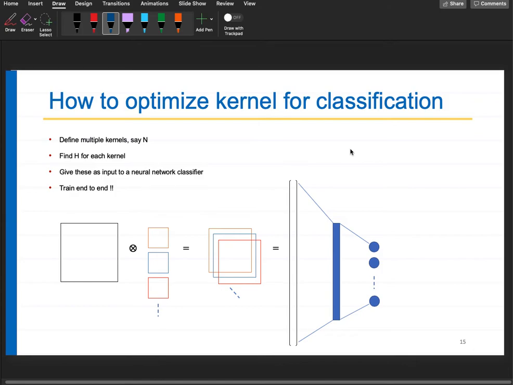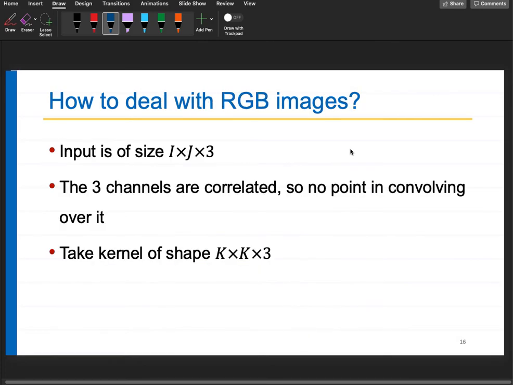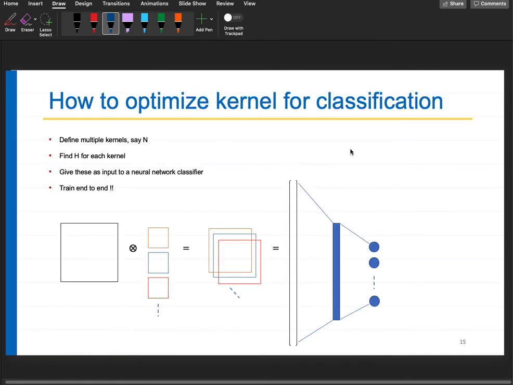A single kernel or a single template will learn a single feature, no? Either a mustache or nostril or eyes or ears, something. I'm not deciding. The model is deciding. The data is driving the whole learning, right? That is why I said this is the optimal solution. If your optimizer is able to find the best solution, then it is better than handmade. Okay. Is it clear? So the number of kernels I take is also higher. Yes. Good point. The number of kernels is a hyperparameter.